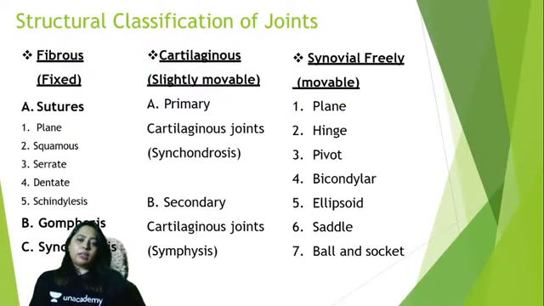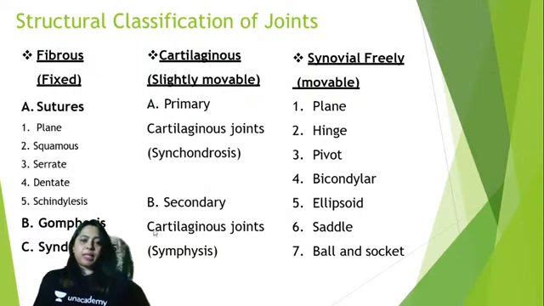And why bicondylar? Because there are condyles present on the lower end of the femur, and that forms a joint with the upper part of the tibia. So it is bicondylar also. So this is one important objective type of question that can be asked. Knee joint is both hinge type of joint as well as bicondylar type of joint. Next, you have ellipsoid joint. It is elliptical type of joint, and the elliptical joint is found in the wrist joint. Wrist joint is ellipsoid type of joint.